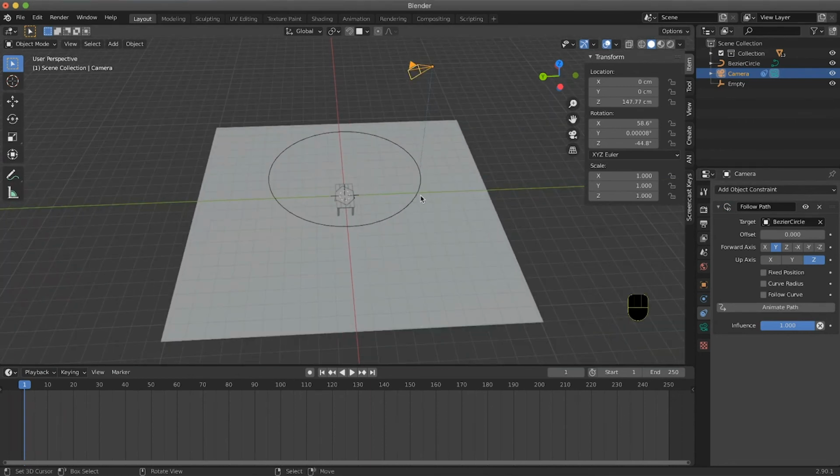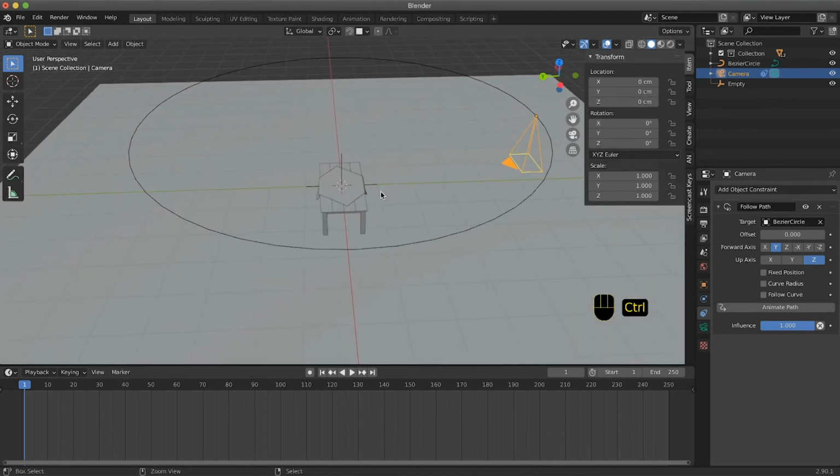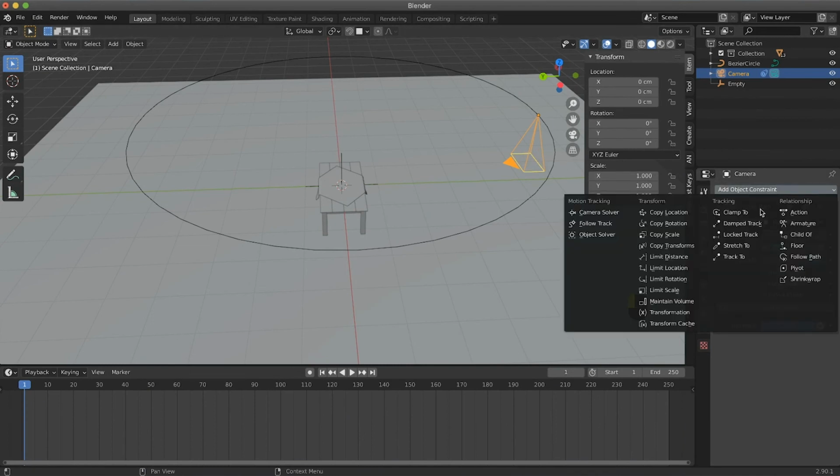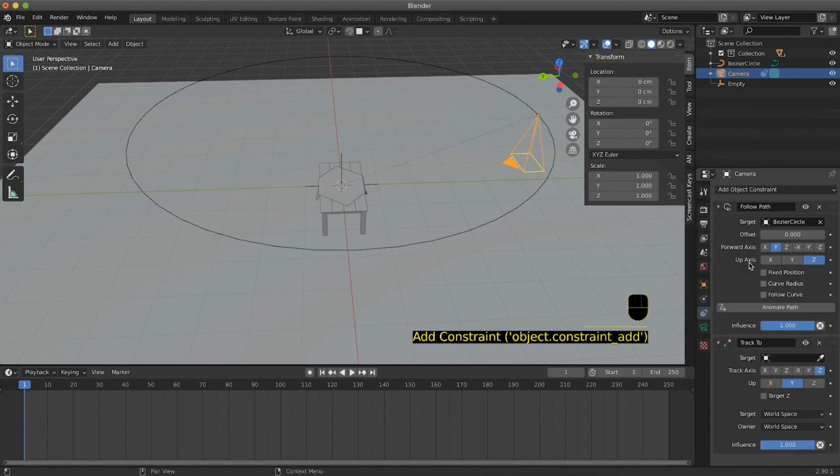Now, when we apply the follow path, the camera moves in relation to the path. To sort it out, we simply have to put the location to 0. We can zero the rotation as well, but the camera needs to focus on the null object. So with the camera selected, we add a track to,